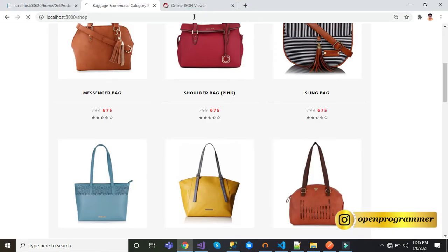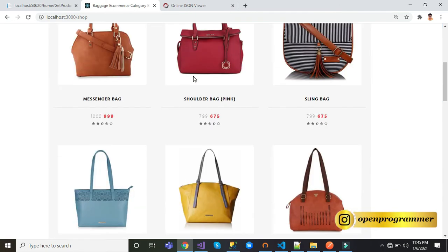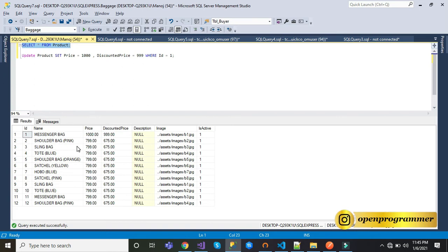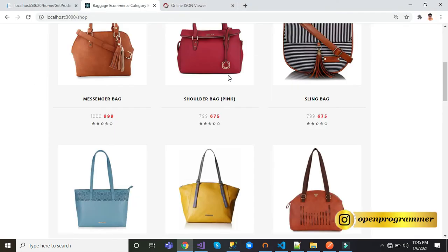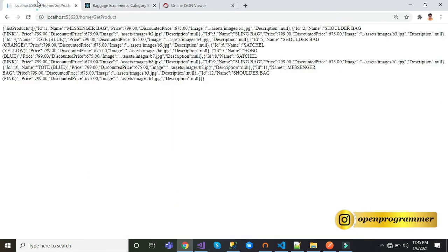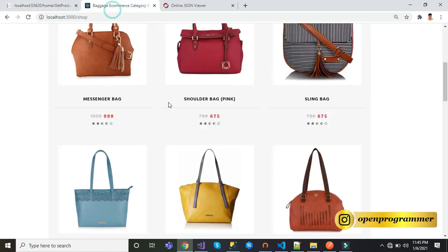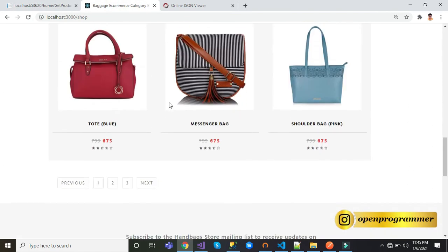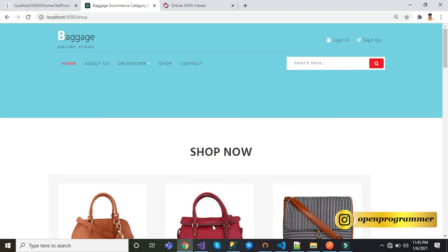Let me refresh this. You can see now all the data is coming from this database only. So now we have successfully integrated our API and are displaying records through the API. Awesome. You can see how easy it is.